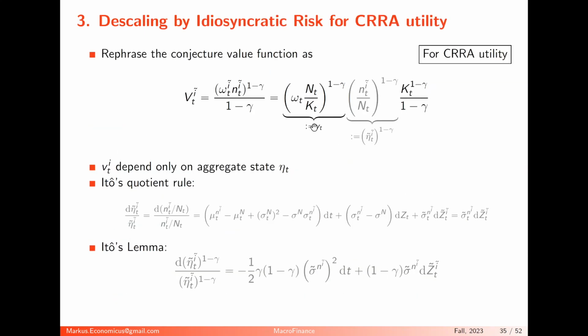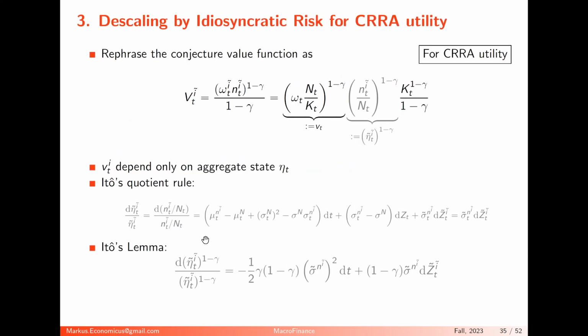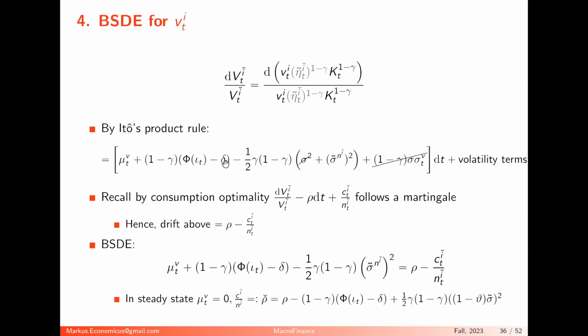But what I'm really after is the evolution of this little v. This little v is the same across all the agents in this sector. And then, of course, I have to correct for this. Okay, so the capital V is a little v, I descale it by this wealth share within the sector, and I descale it by the total capital. Now, by the Ito product rule, if I want the drift of this, it is the drift of this times this guy here. That's from the previous slide. So I have this drift here, and then I also have the K, and then I have this, that's the product rule.